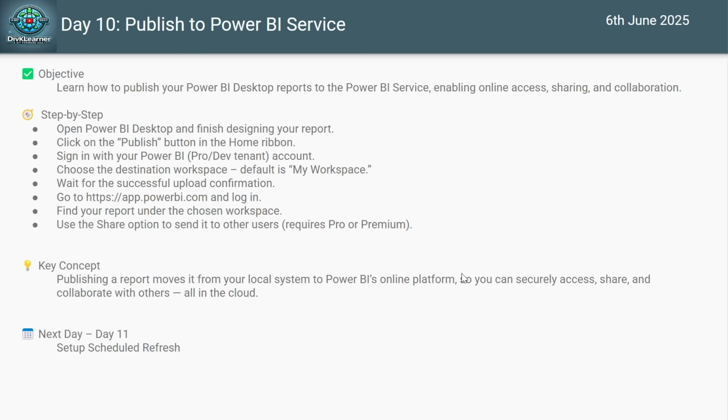So what is the objective? Learn how to publish your Power BI Desktop reports to Power BI Service, enabling online access, sharing and collaboration. So let's just open the Power BI that we had created,